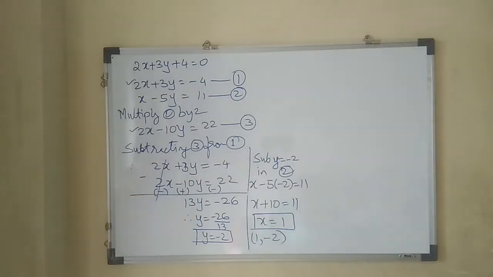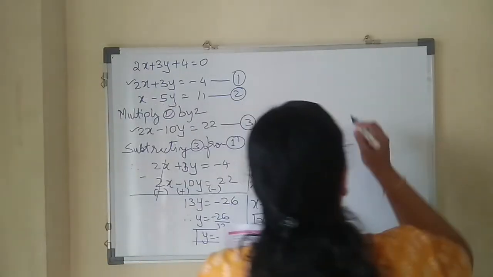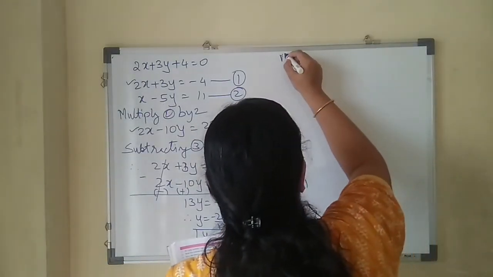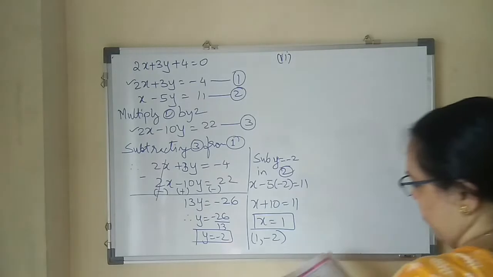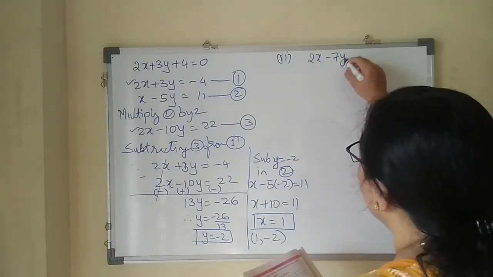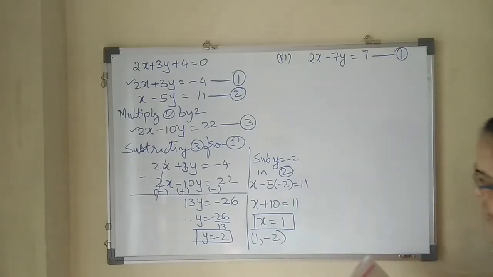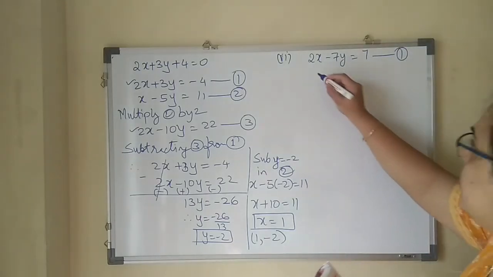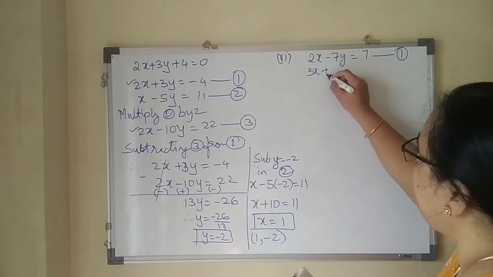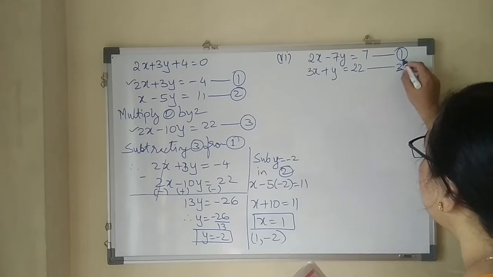Got it? Now I go to the sixth one. Even the sixth one I will do it faster. Those who have done can cross check your answers. This was homework sum I am discussing with you. Equation 1. Second one is 3x plus y equals 22. Equation 2.